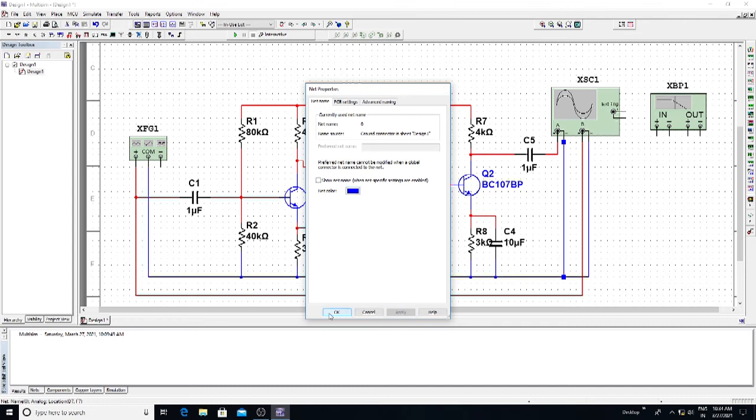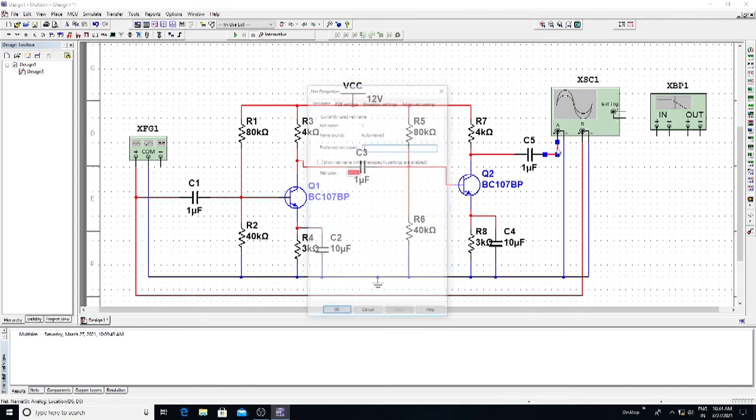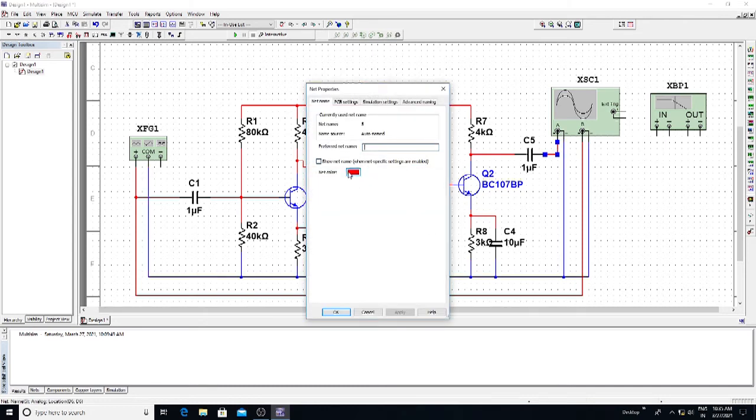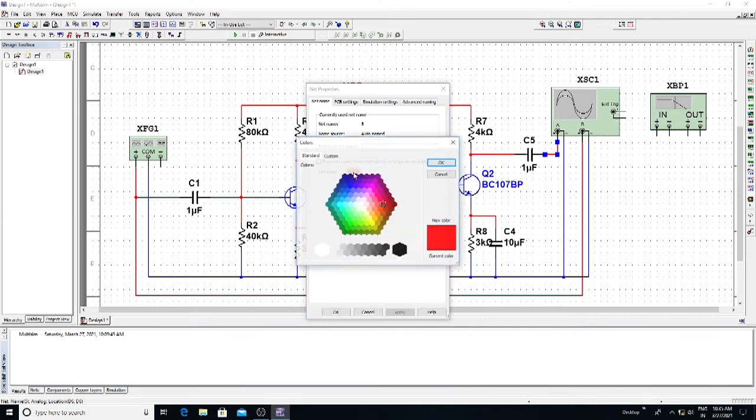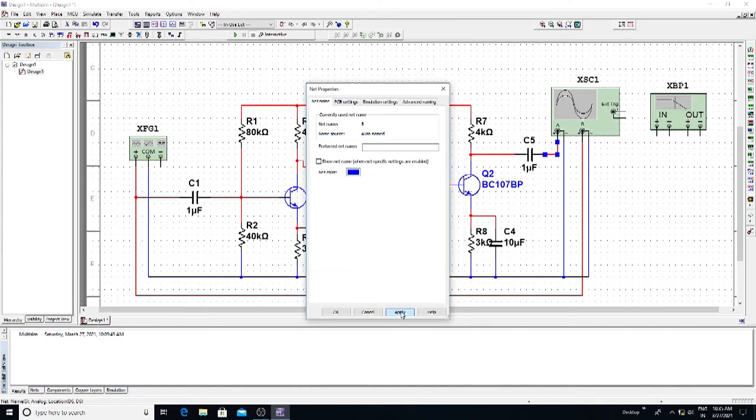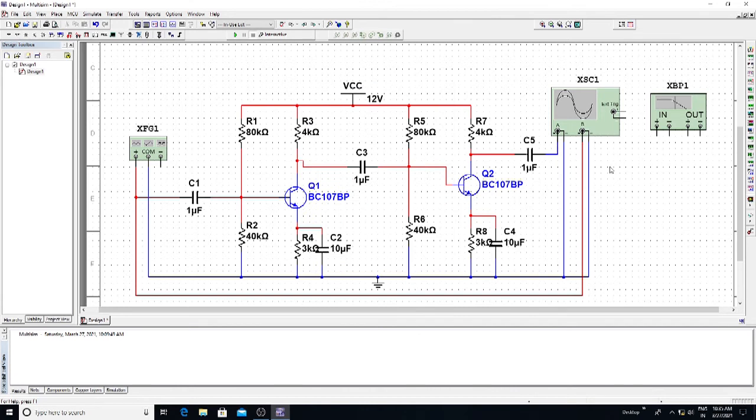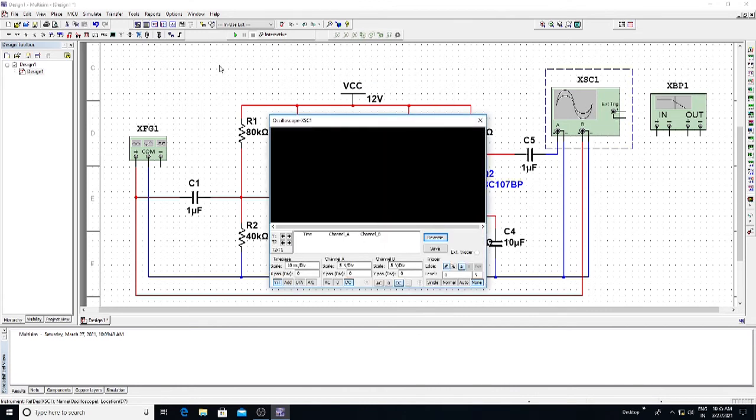Apply. You can use any color to make a difference between the input and output signal. I'm selecting blue; you can choose pink or whatever. Apply.